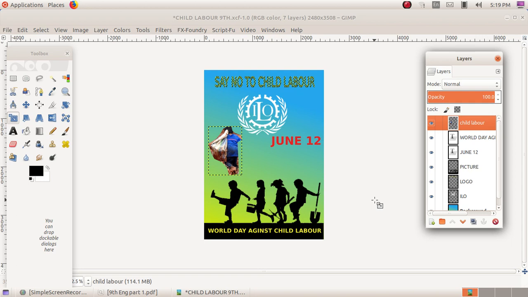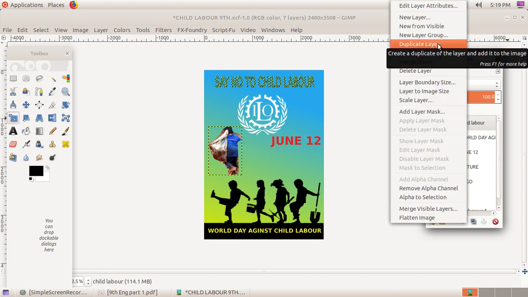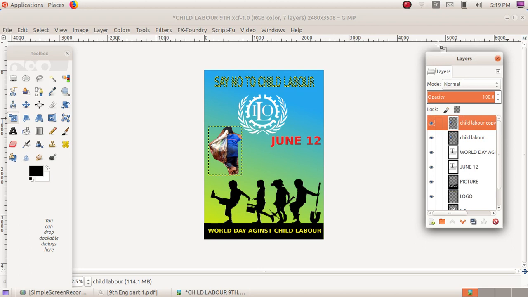Then next is the flip tool, flipping images. Before flipping images, please make a duplicate. Right click on child labor and Duplicate Layer. There is a new layer, child labor copy.